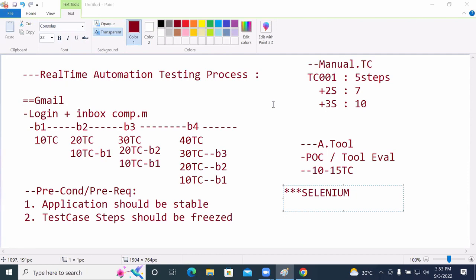So what is the first drawback? Time consuming, so it requires more time. Initially okay, but going forward it will require more time. Second drawback, required more resources. As more test cases are there, you require more resources. Another one, required more budget. When you have more resources, the client has to increase the budget. The client has to pay the salary, so the budget will increase. After that, performing repeated activity. In build 2, we are executing the 10 test cases of build 1. In build 3, we are executing